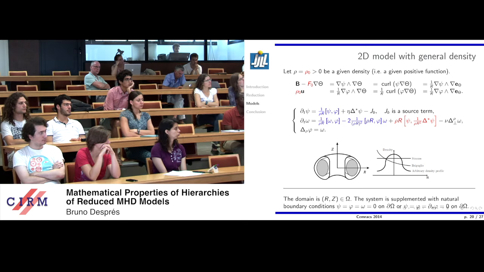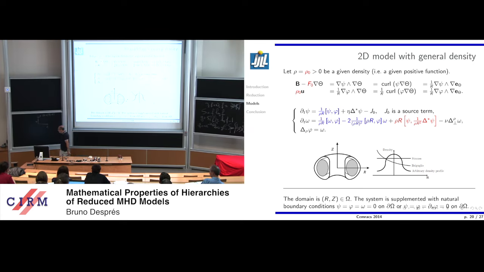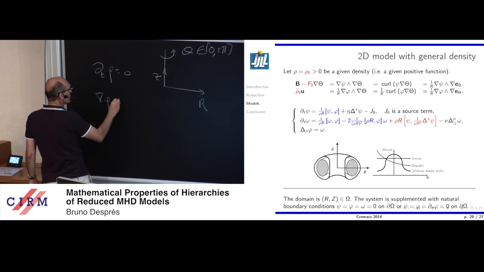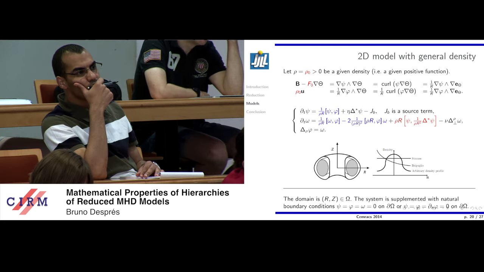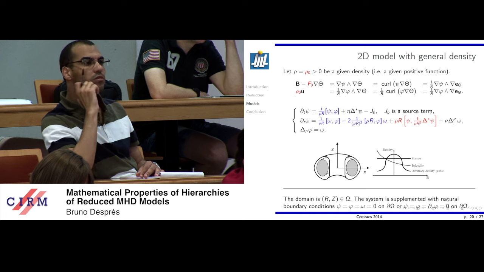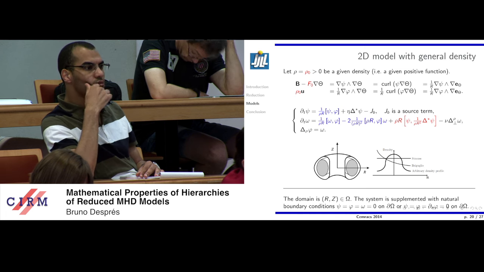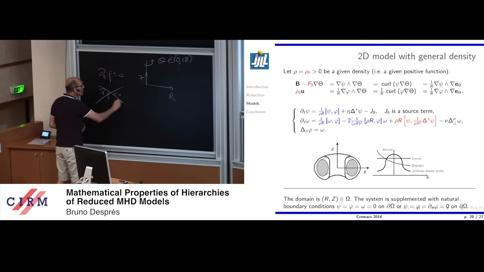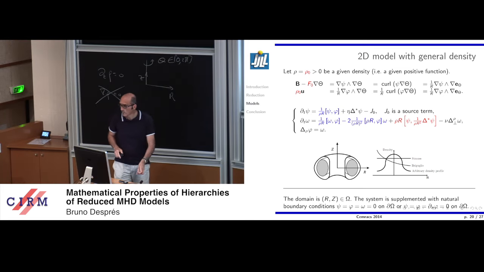And, because you have two ways to have incompressibility. Either you say that dt is 0, or you say that dt of rho is 0 and the gradient of rho is 0. So in the first model, you have both. In the second model, you already do not have it, and the third one, not okay. So it means that here it is incompressibility in the sense that rho does not change in time.